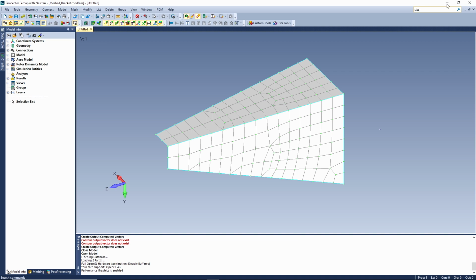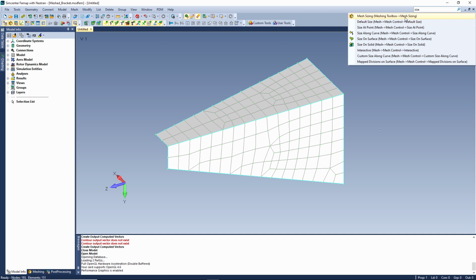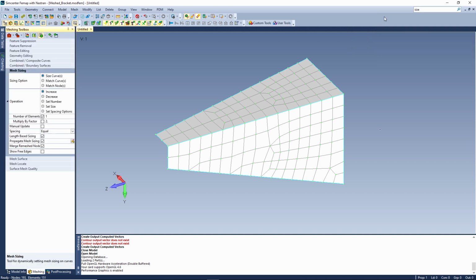So if I type size and click here, it's going to show me some tools in the meshing toolbox and then some other FEMAP commands that mention the word size. So I'm going to say mesh sizing in the meshing toolbox, and this is going to bring it up and blink at me a few times to make sure I know which tool I'm looking at.